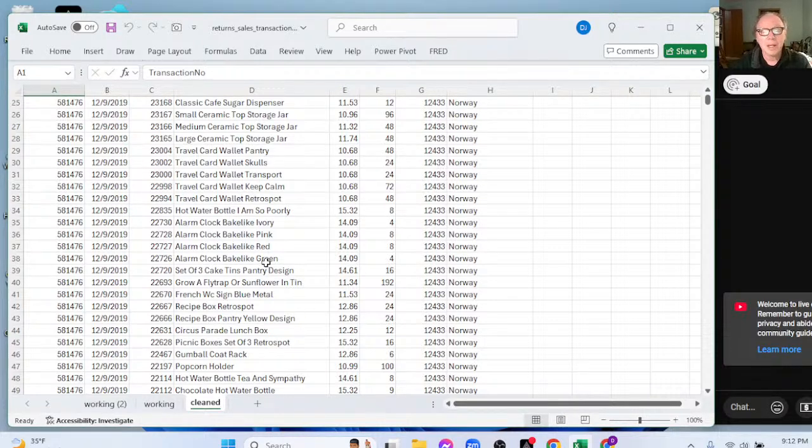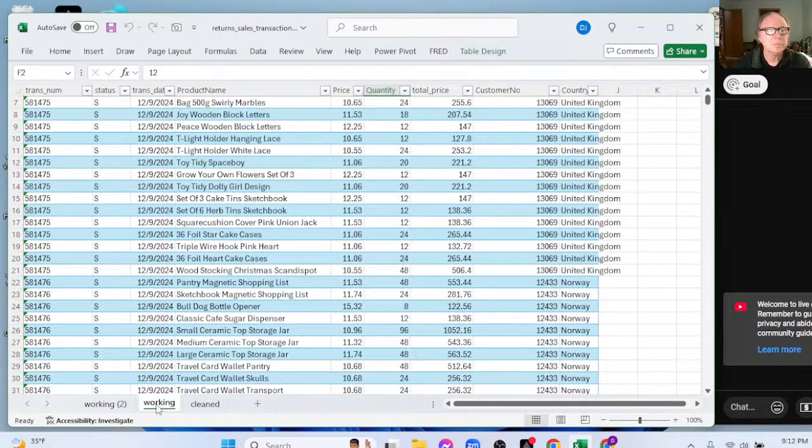Let's call this clean. Now you notice when you copy the sheet, it doesn't actually copy the table coordinates, so it's kind of curious. What happened to our